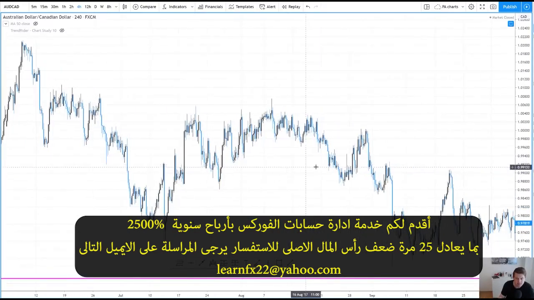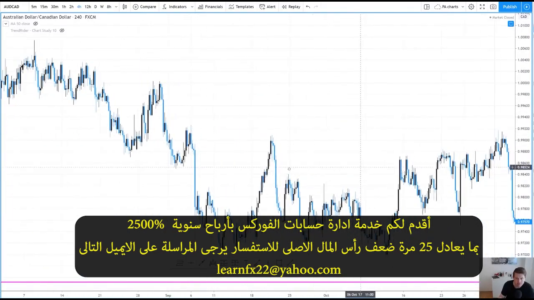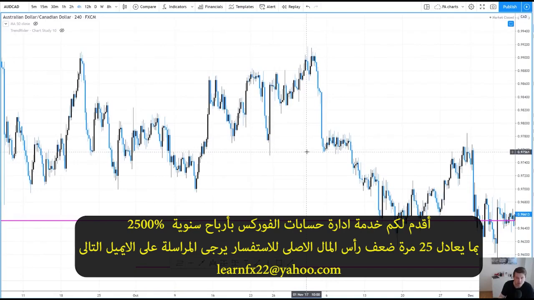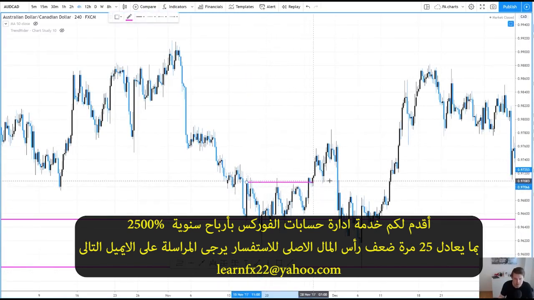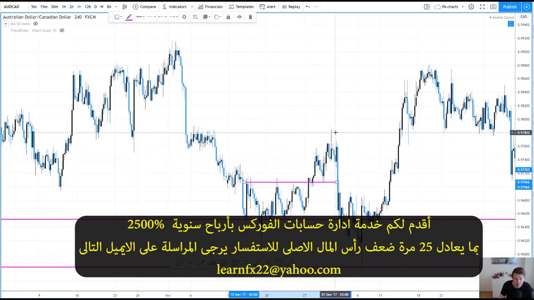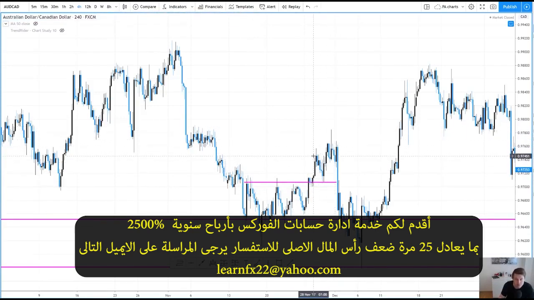You can see it does sometimes take a very long time for the price to get there, but it doesn't hurt to just draw in those important swing points and then wait for the price to get there. So you can see this is the first time the market moved into the first low that we identified. And again, you can see we have some type of breakout pattern in here, a breakout and then a move higher. The market doesn't move a lot on this initial first fake breakout,